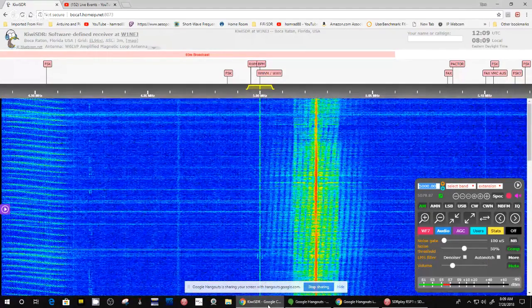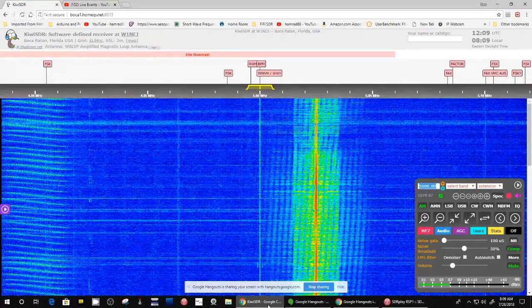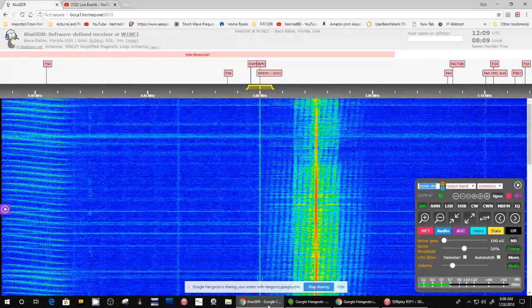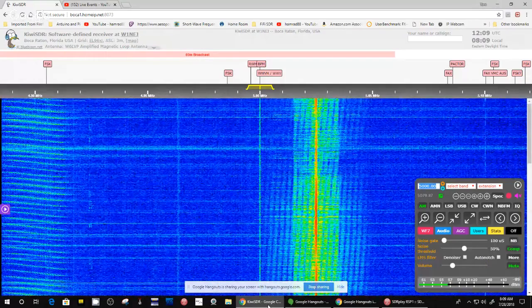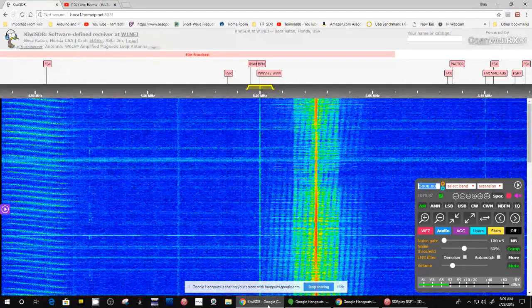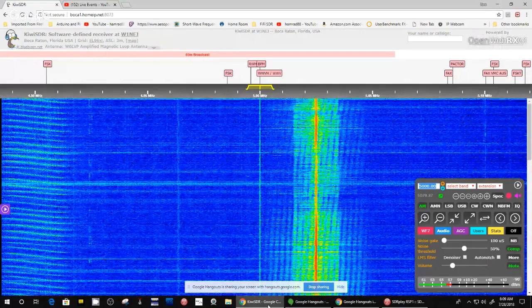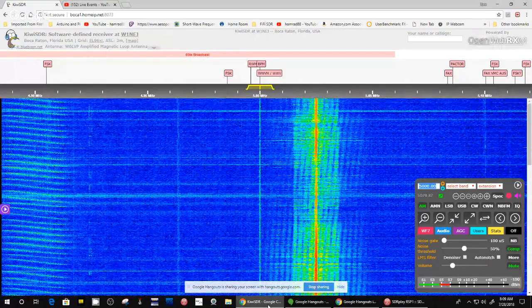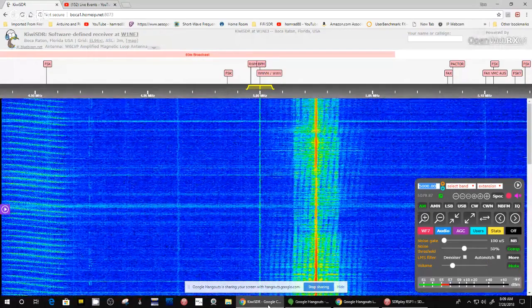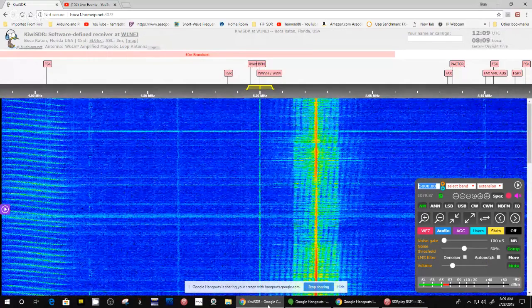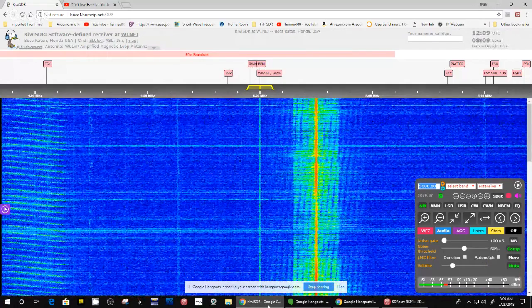So here we go. Again, unscheduled. I didn't even think this would work. I thought running the SDR Console, running the web page Kiwi SDR, and running Hangouts, I thought that would kill my computer.